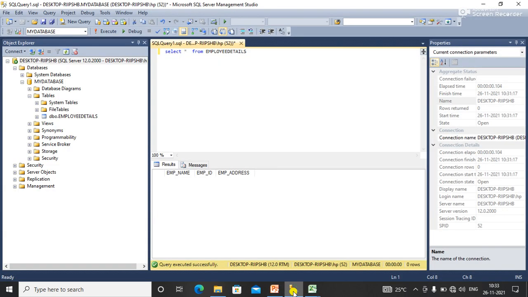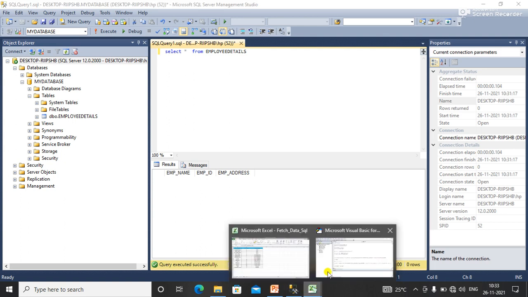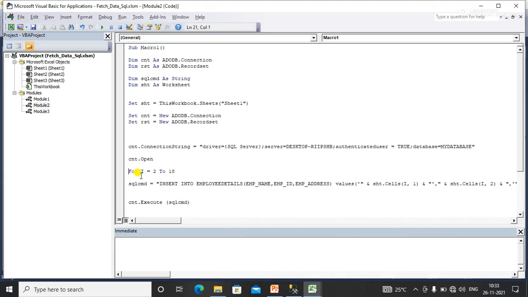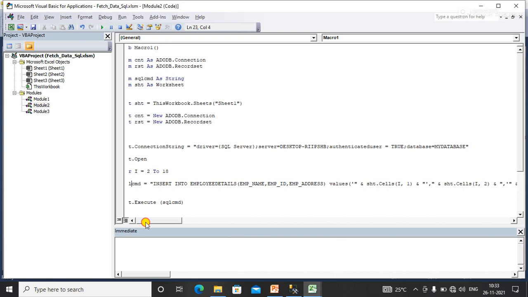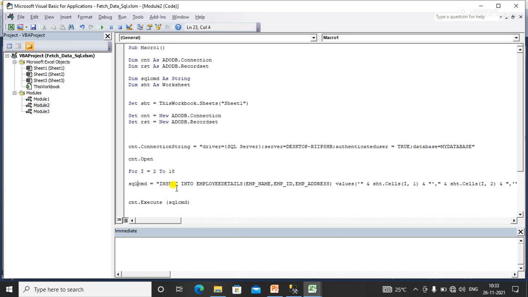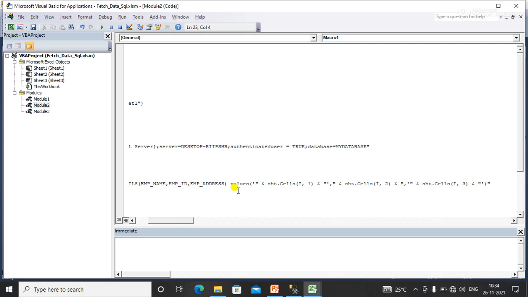Here I have written the SQL query, that is insert into table name, with the columns employee name, employee ID and employee address, and the values come from the Excel sheet, that is sst.cells. I have given the reference of column 1, column 2 and column 3.